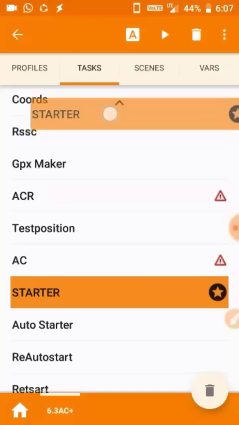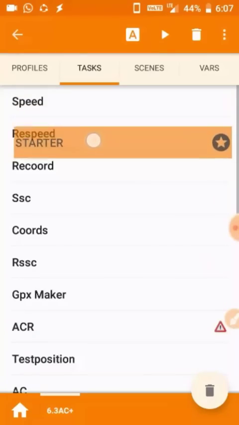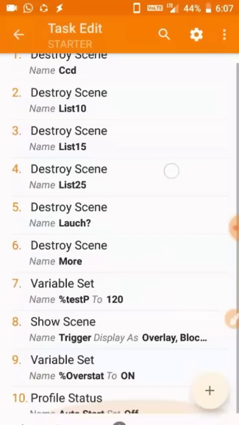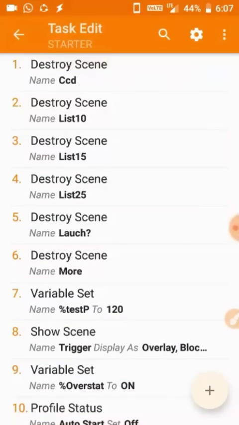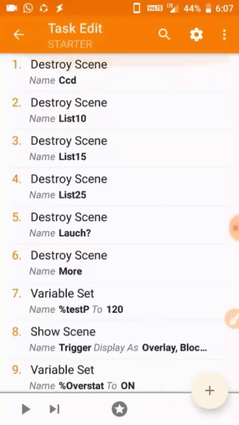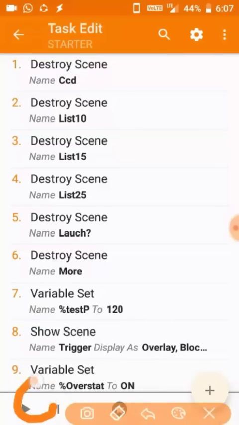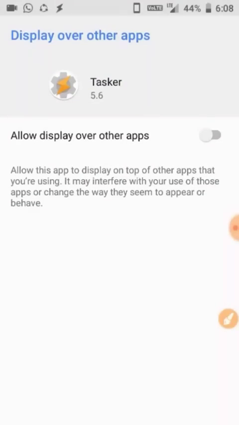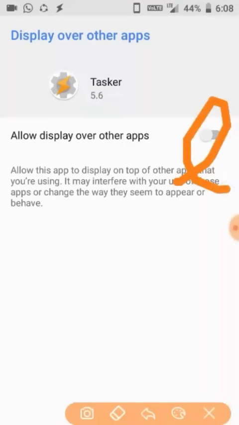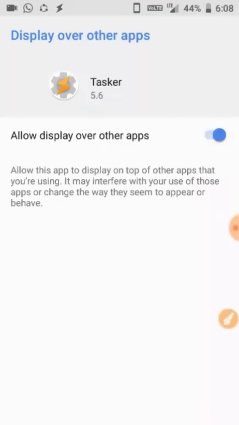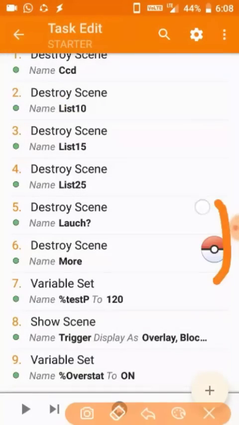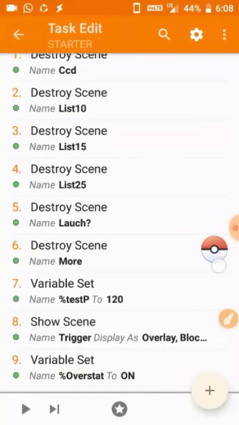So let's find the starter here. You will see something like starter. Let's move it up. So this is the starter app. You need to start this. Click on the play icon and on the left side of the screen, click this. You need an overlay permission, display overlay. It's basically a shortcut overlay here of a Pokeball icon, and this is what makes the auto catch